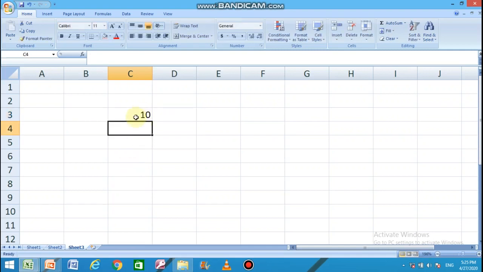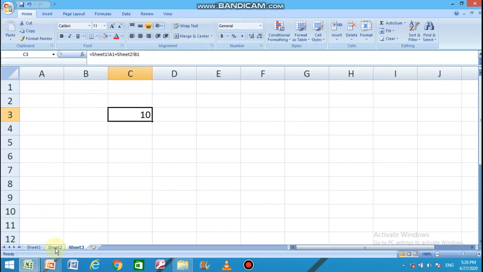You can see both values are added together and the result 10 is shown on the third sheet. Understand the formula once again. First, type the sheet reference where the data is, then the exclamation symbol, then the cell address. Put the operator, give another sheet reference, exclamation symbol and the cell reference. This way you can call data from many sheets and calculate them together. I hope you have understood it.